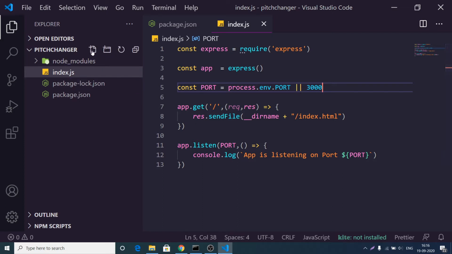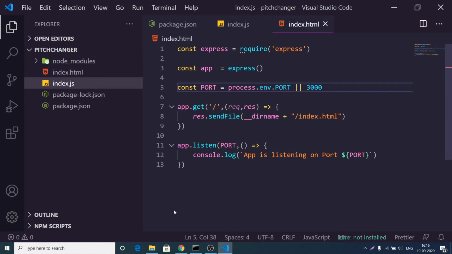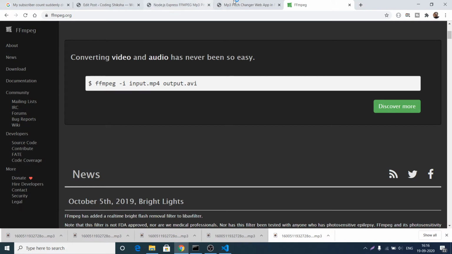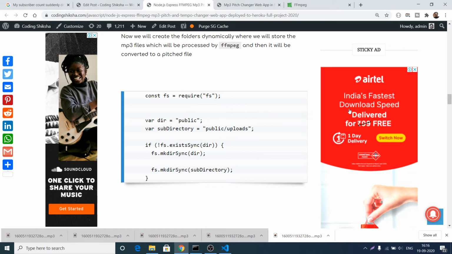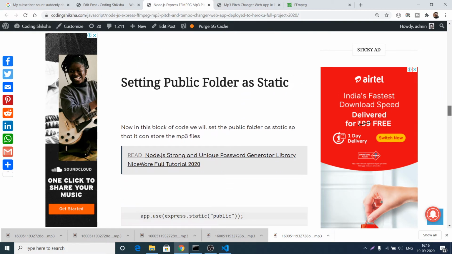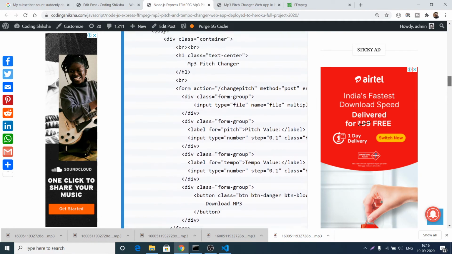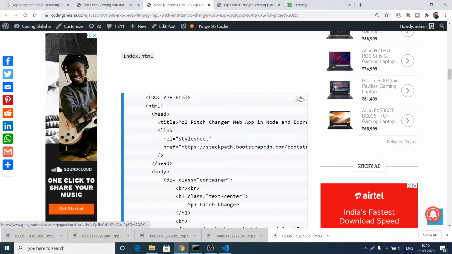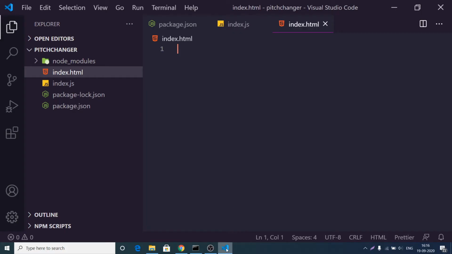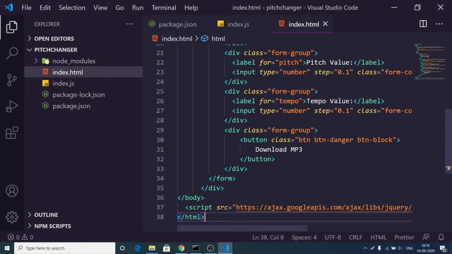Now we need to create this file simply. So create this index.html file, and I will not type the HTML code, guys, because this will make the video lengthy. I will simply go to my blog. You also go to my blog, which is given in the video description, where I have explained step-by-step instructions. So this is a file. Simply copy this file, and here you need to paste it. So this is the code.